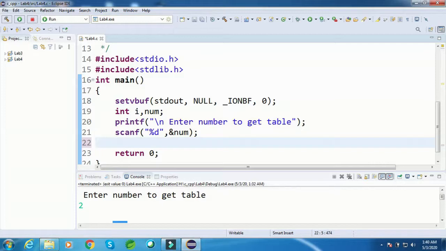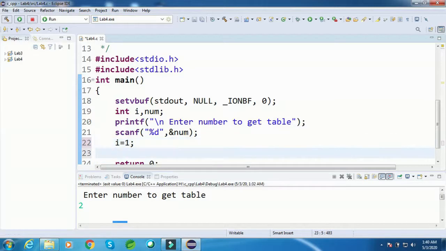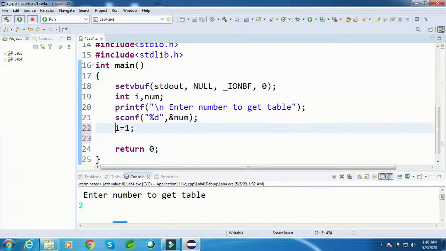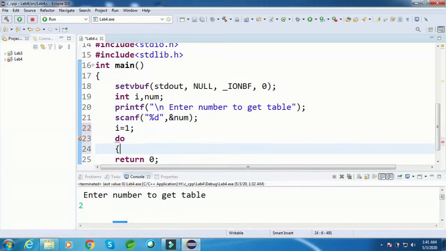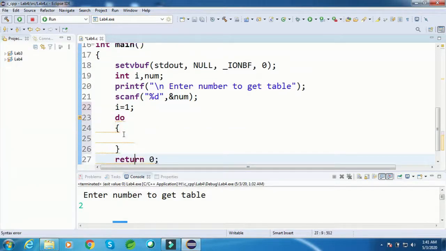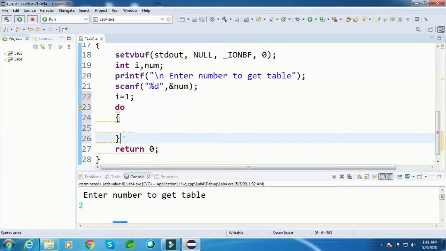Now I am going to say here i equal to 0, or I can say i equal to 1. So what is this? i equal to 1 is the initial value of the i variable which I am going to use, and then I am going to write do. So what is this do? Do is actually where I am going to write a loop. So do is the start. Start means you can start iterating here, right? And then you can write here while